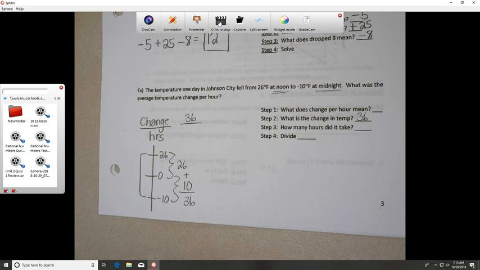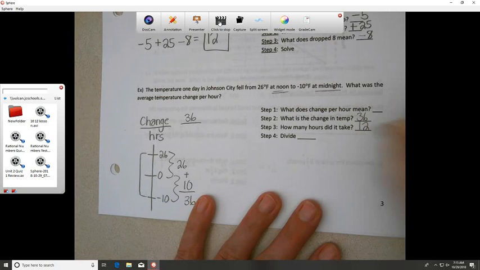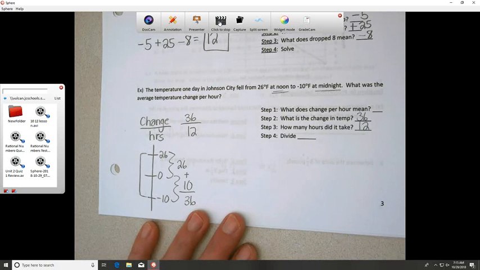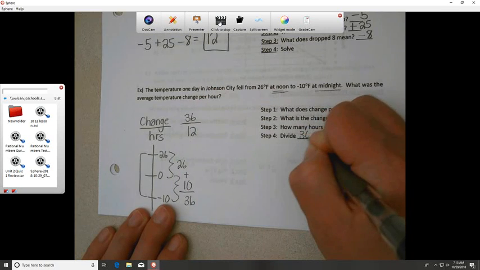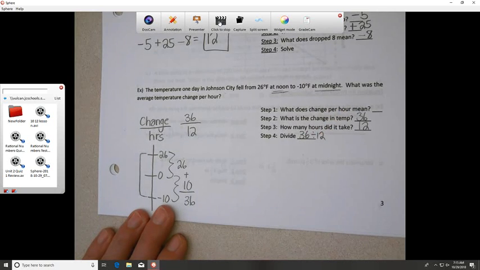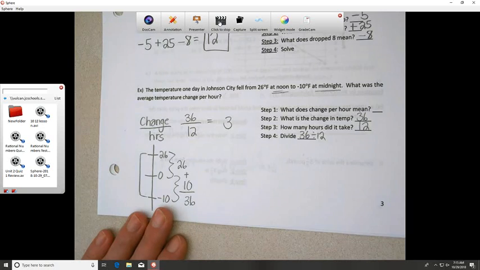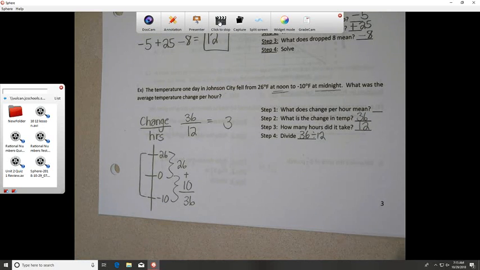On my calculator, I'm doing 36 divided by 12, which is going to be 3. Now the trick here is, it says, what's the average temperature change per hour? When we're describing the change, we need to describe whether it rose or it fell. So here, it fell from 26 to negative